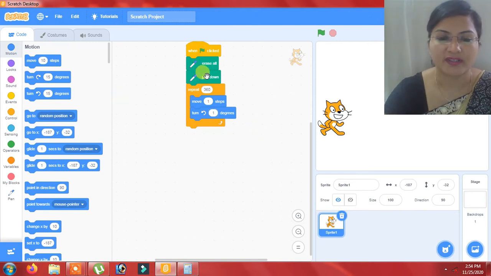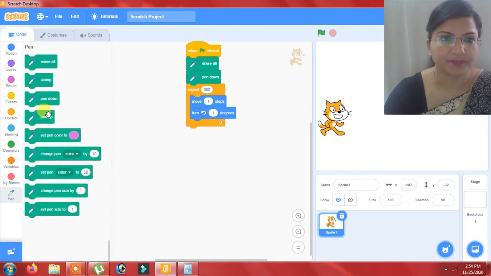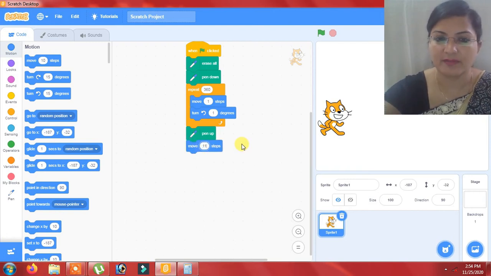Then after that, students, see, once the circle is drawn, you have to use pen up. Otherwise, if the sprite is moving away from the circle, it should not draw anything. It should simply move a few steps ahead. Got it? So you have to use pen up. Then you have to move the sprite some steps away from the circle. So you write 100 over here. 100 means pixels, actually 1 dot on the screen.